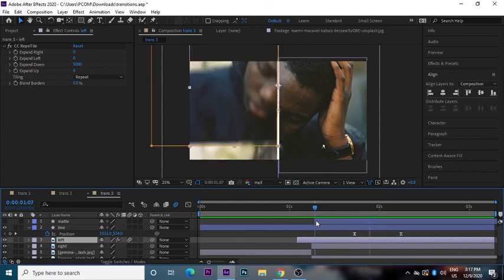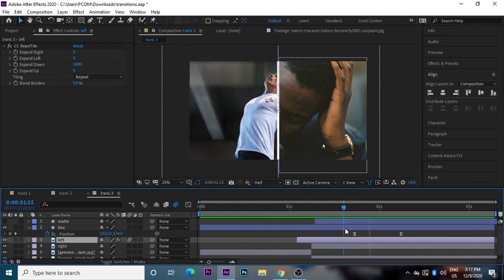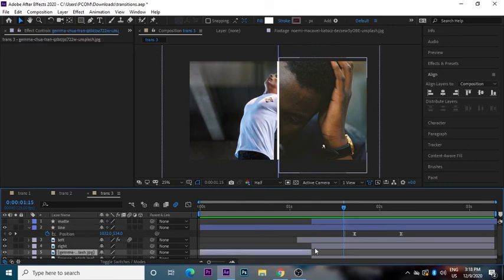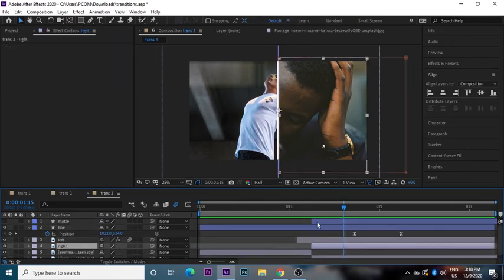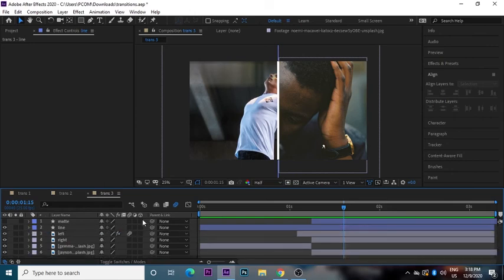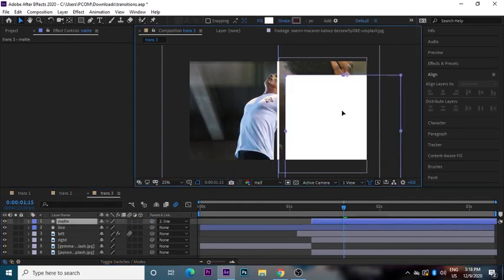and then I'm having a line animation. Now select the matte layer and make it the length of the right layer, and make sure they both have the same length. Now select the matte and holding shift, parent it to the line, make the visibility on, and just place it in the right position.